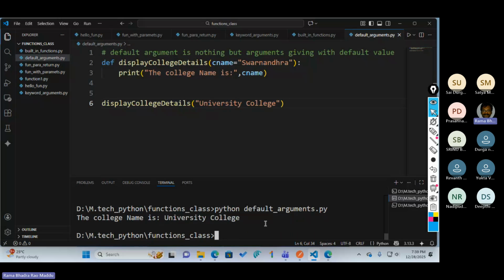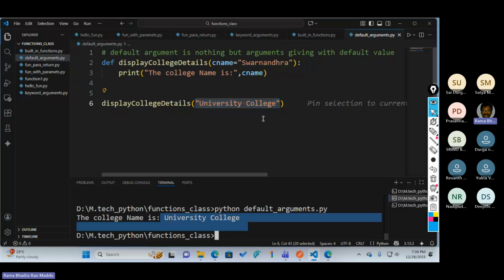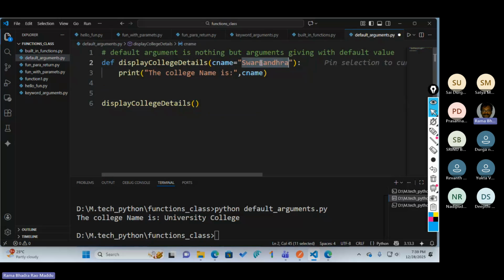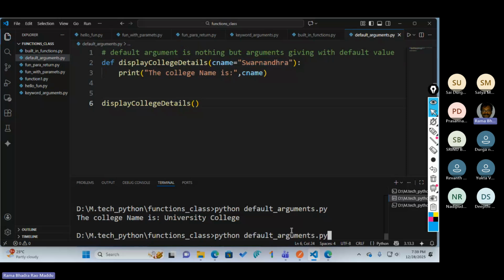So I hope that you understand. Here, if it did not supplied anything, by default it is printing Swarnandhra. If you supplied anything, it will print that one. This is nothing but default argument. Okay, if I did not provided anything here, by default it will take default value of Swarnandhra. So now I run, it will print Swarnandhra.